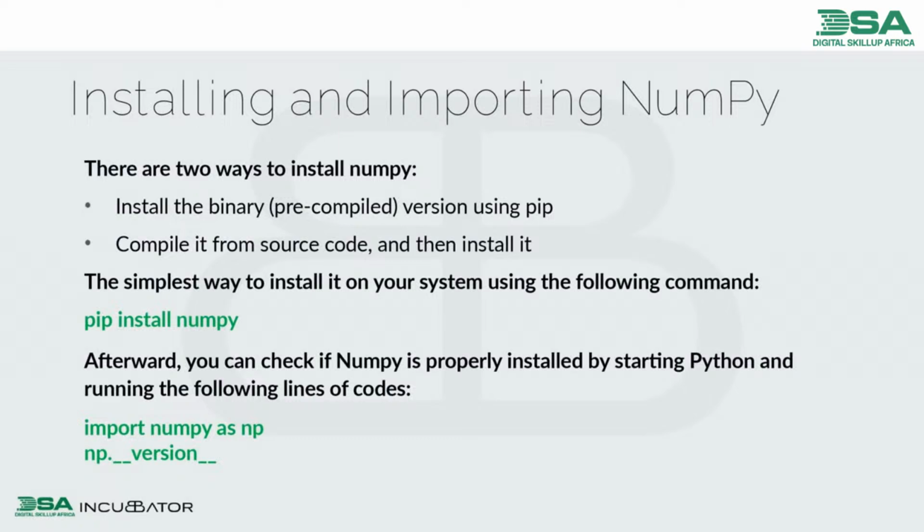All right, then we spoke about how to install NumPy. By now, I believe that everyone should be able to install NumPy using the command pip install NumPy. Pip install NumPy. And we also spoke about knowing the version of your NumPy and things like that. So these are things we are familiar with. So I'll just run through them. If there are questions, just drop them on the comment box, then we'll treat them at the end of this.